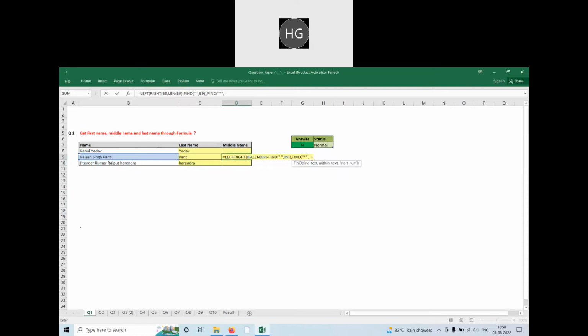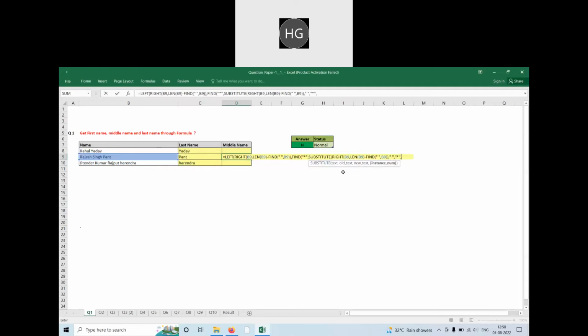Star is not available in the text. Okay, star. So we will use substitute here. Substitute is asking for text, means whatever I have copied I will put here, this one. And now I want to replace space by star.